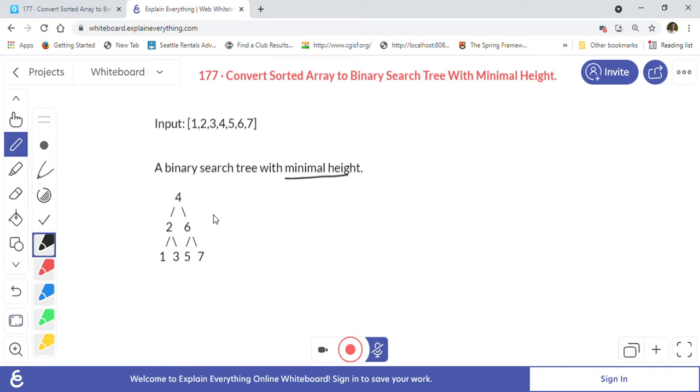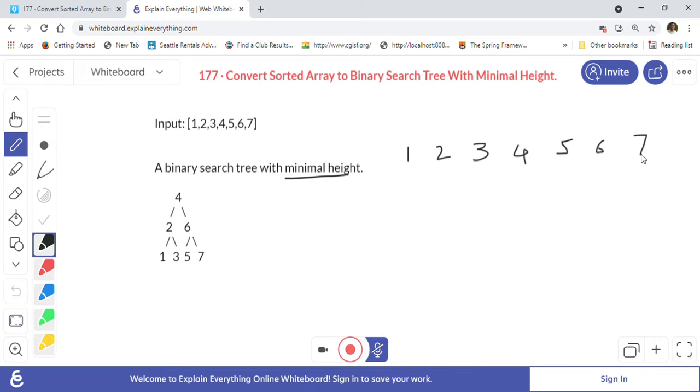So what we can do to solve this problem is we can do it recursively, basically, and we will keep dividing the array from the middle, like we do in a binary search. So let's say for example we have 1 2 3 4 5 6 7, right? This is our given array. So let me just write down here 5 6 and 7.